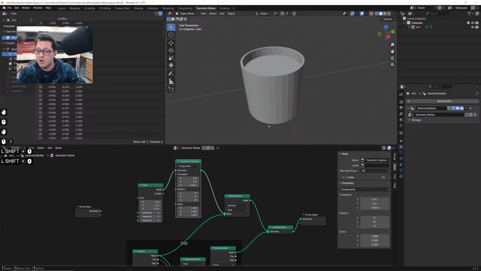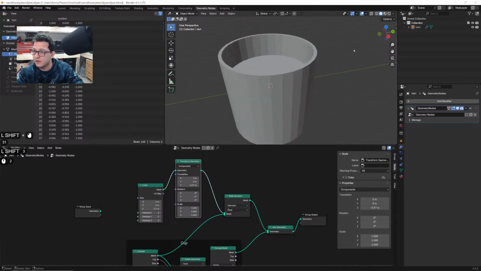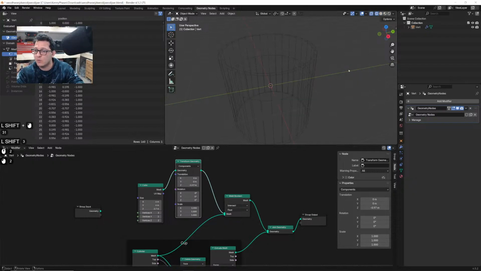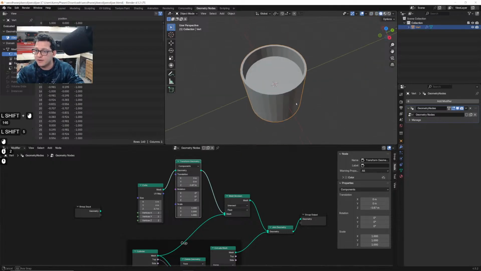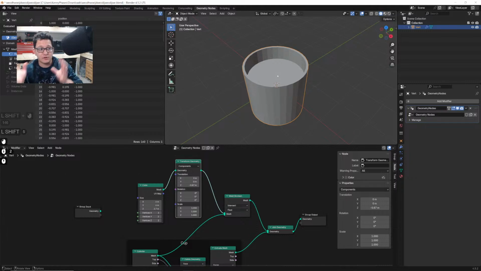There we go. So what intersect does is it makes them intersect in a way where you just get that liquid. And again, I can adjust the level of my liquid right here. An easy way to see this is in your wireframe view. You can see that, I'll just click this to select it, but you can see as I lower and raise this transform value, that's our level of our liquid. That's where the liquid sits. All right, so again, we can assign materials to both these later, but right now we have a liquid, we